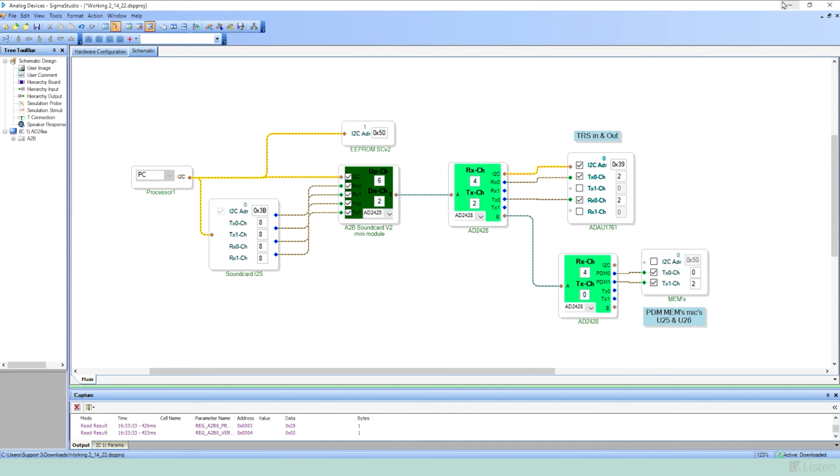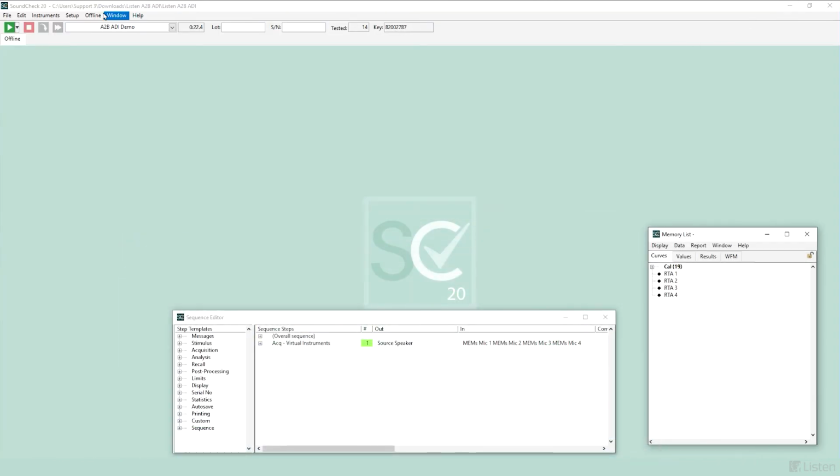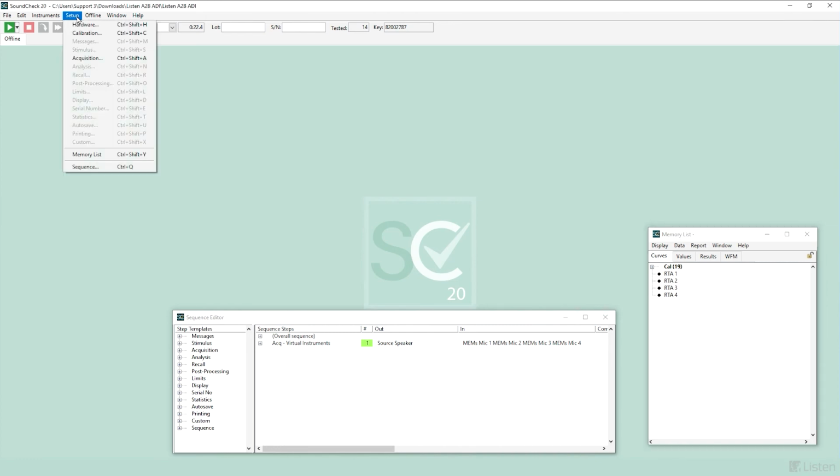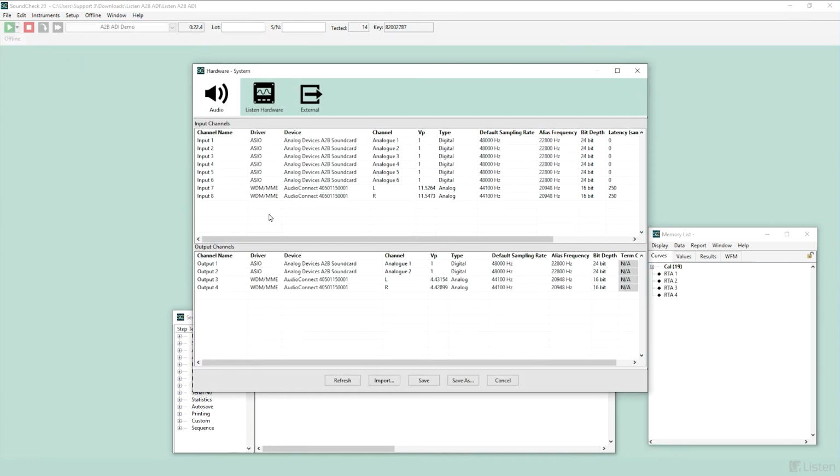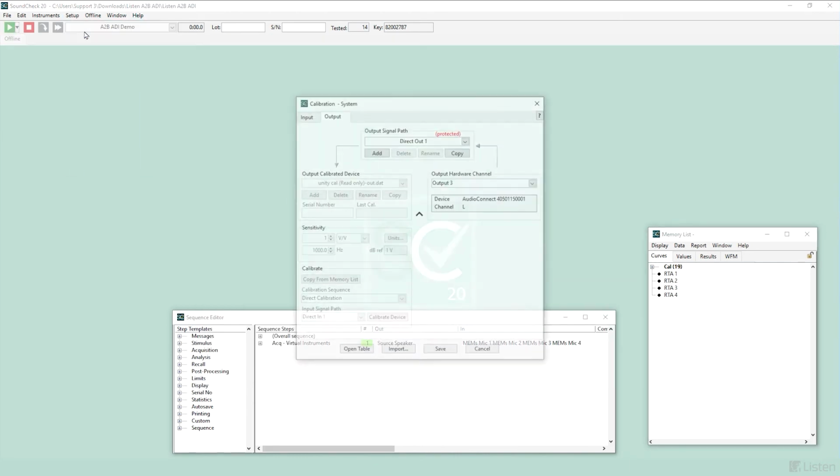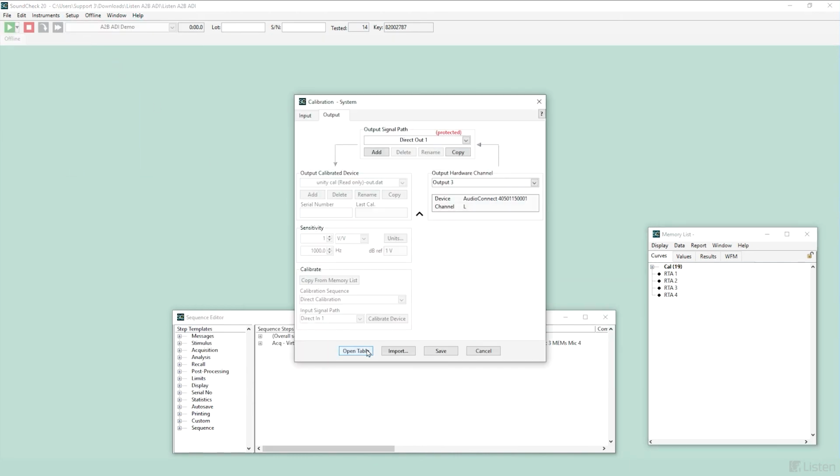So we'll take a look now in SoundCheck. If we go into Setup Hardware, we'll be able to see that I now have 6 ASIO inputs and 2 ASIO outputs, which are using the Analog Devices A2B sound card. I also have my 2 inputs and outputs for my AudioConnect. In Setup Calibration, we'll open up the table,